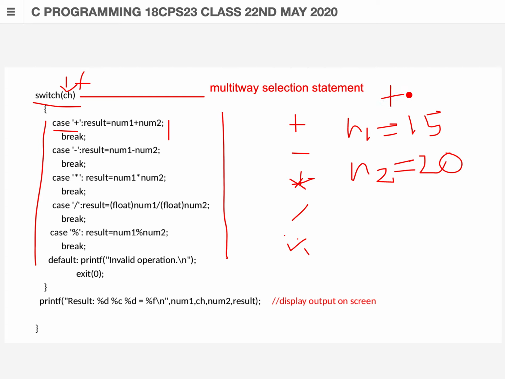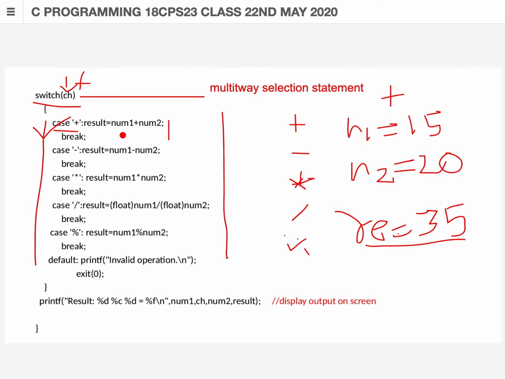It will execute the first case, that is the plus case. The result after performing an addition, 20 plus 15 is 35, will be stored as the resultant value in result.